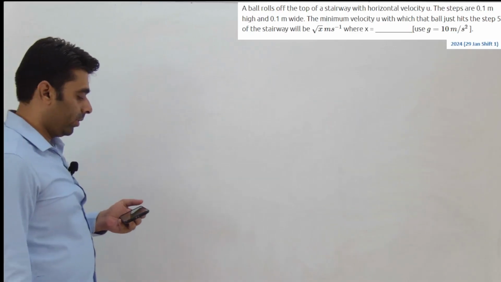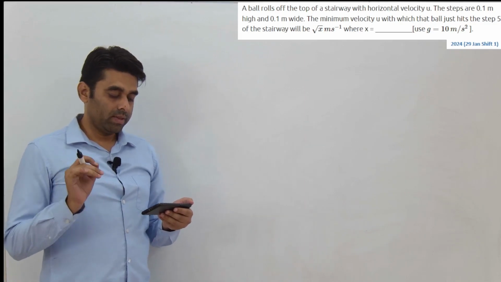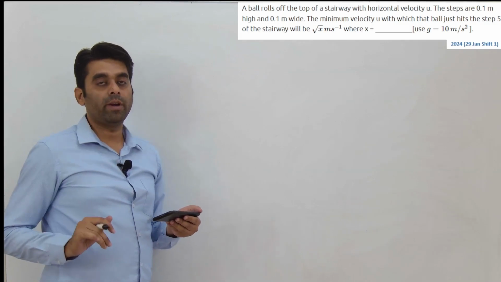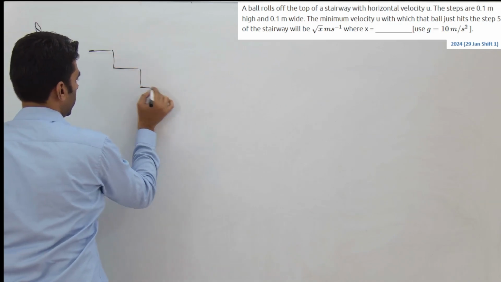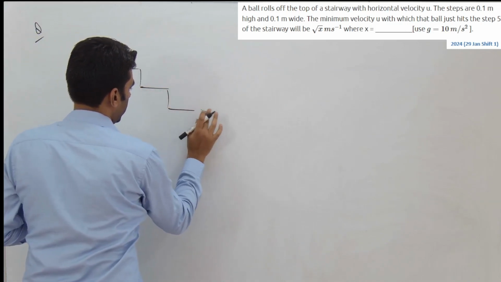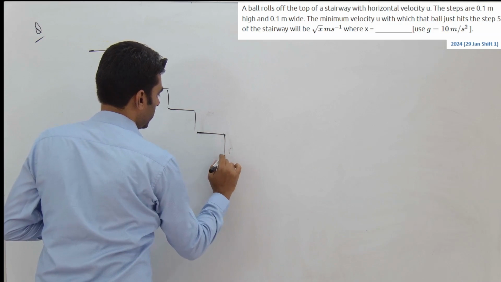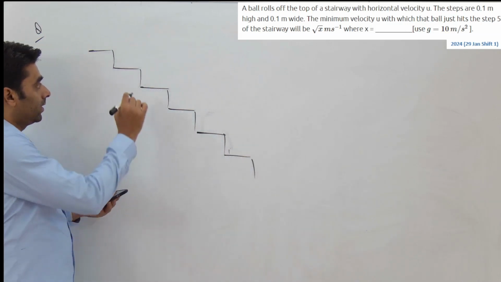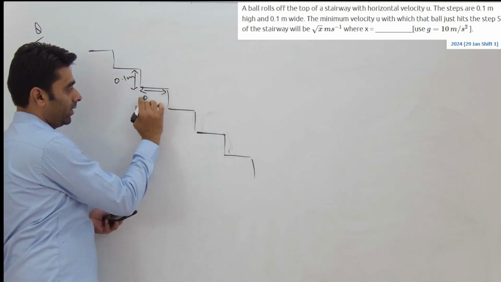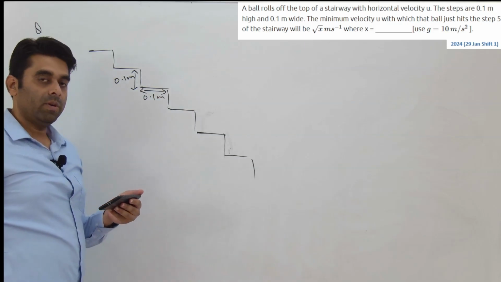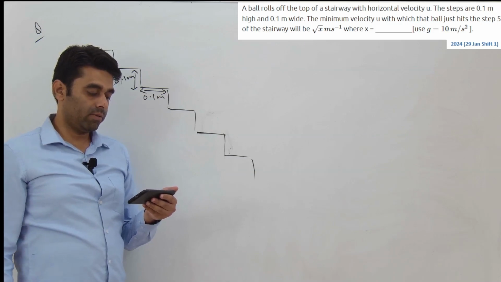Yeah, so the question we have is, a ball rolls off the top of a stairway with horizontal velocity u. The steps are 0.1 meter high and 0.1 meter wide. Okay, let's draw the situation. Staircases are given to us, right? Okay, this is the situation. Now, it says that the height of each step is identical, 0.1 meter, and the width is again 0.1 meter. The minimum velocity u with which the ball just hits step 5 of the stairway is root x